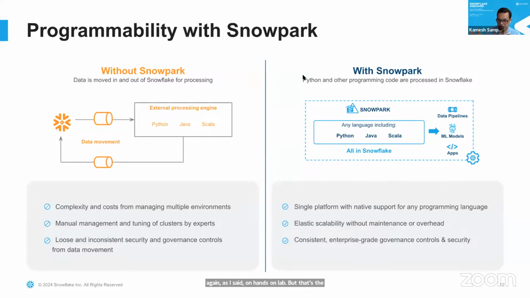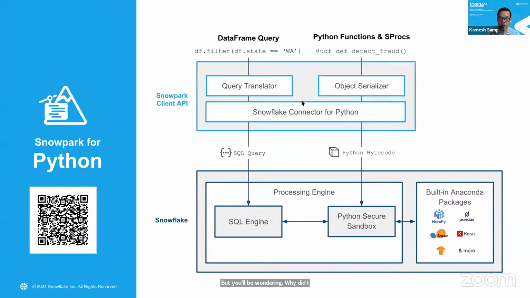And without Snowpark. But you'll be wondering, why did I ever start with something like Snowpark as well, right? We'll talk about that a little bit here. So what is Snowpark? Why is the name Snowpark, right? For example, we still adhere to the data frame semantics and syntax that we came from Spark, right? Because Spark was the de facto thing you go to when you're starting to do data engineering or building data applications and all these things. It has been there for quite a long time. But if you think for a second, Spark has its own limitations, right?